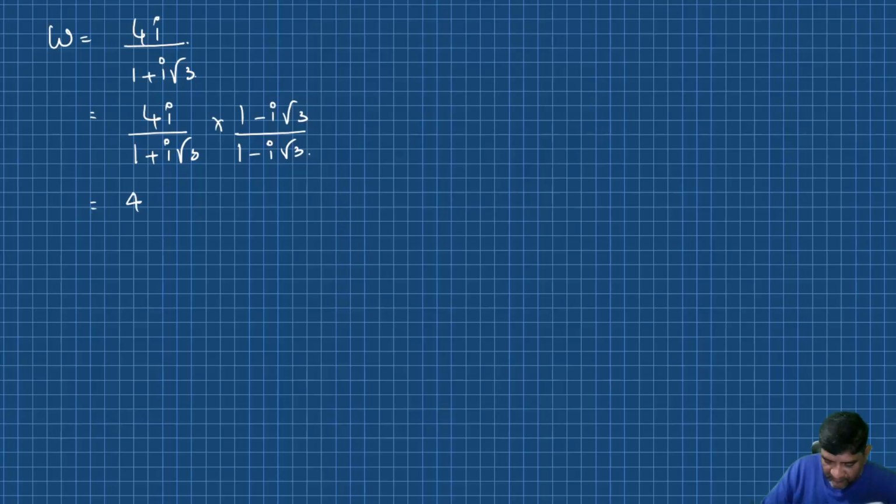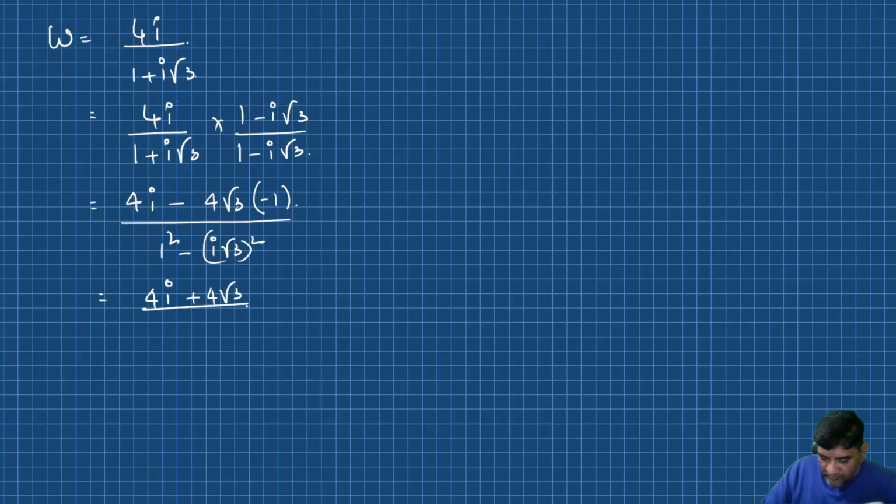So this is going to be 4i minus 4 root 3, and then I'll have i into i, which is a minus 1, and in the denominator I'll have a plus b into a minus b, which is a square minus b square. So the numerator would simply have 4 plus 4 root 3 divided by 1 minus of minus